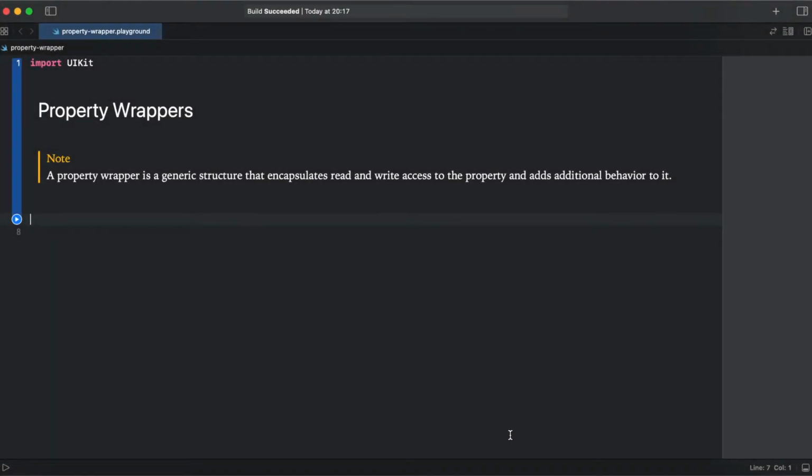In this video, I'm going to explain property wrappers in Swift. Let's start from a definition. A property wrapper is a generic structure that encapsulates read and write access to the property and adds additional behavior